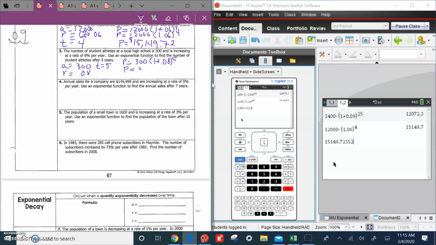So already put that together, 300, 1.08 raised to the 5, and let's plug that in. 300, parentheses, 1.08 raised to the 5. All right, on this one, I don't have to click up. Our answer is